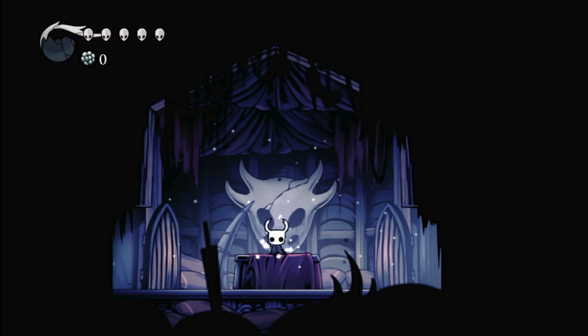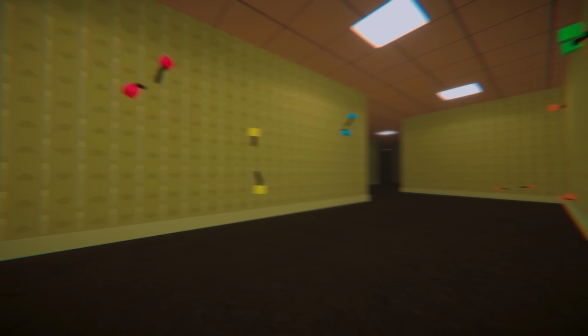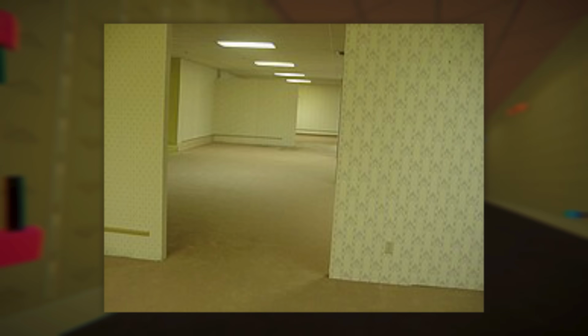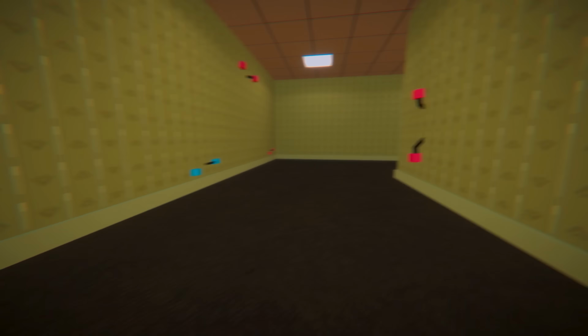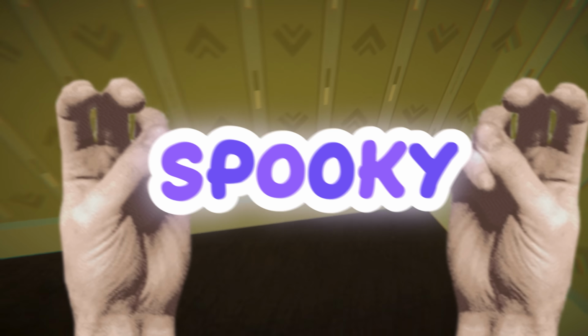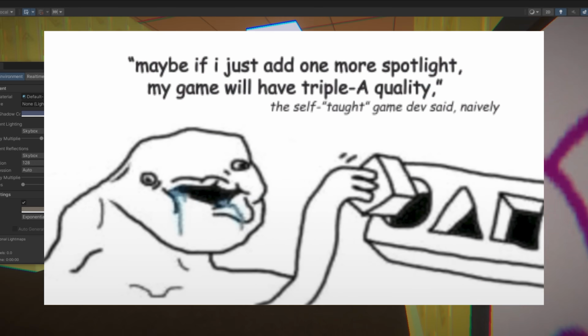In both 2D and 3D video games, lighting has a big impact on mood and vibe, so I really gave it my best shot to try and replicate the spookiness of the Backrooms. Not exactly replicating its exact visuals, but at least getting in the ballpark of spooky. Okay, enough with the finger quotes, get 'em out of here. This really just took a lot of tinkering and changing some settings until I got it to a point that